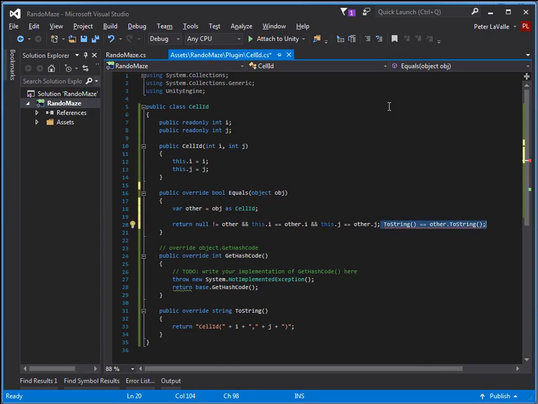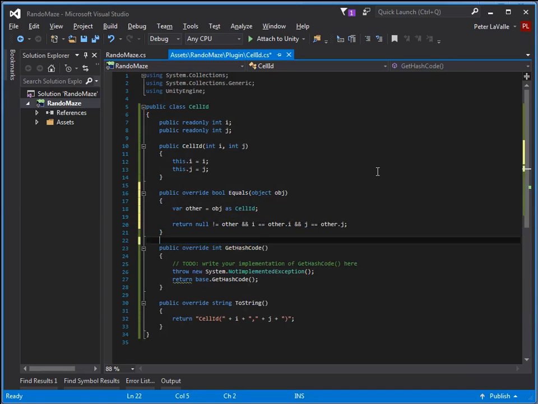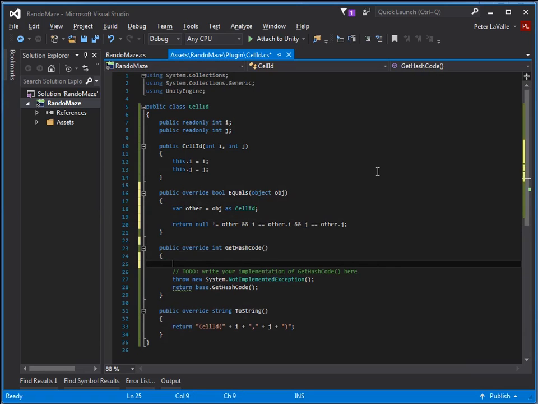And Visual Studio is reminding me that this is redundant here. So that's more compact and doesn't create the string when doing the equals. But we're going to create the string when getting the hash code. Now, it wouldn't be too complicated to write some sort of hashing function and generate our own unique hash codes for the cell ID. Maybe take the class hash and then exclusive OR it with I, and then shift that around, and then exclusive OR it with J, and then shift that around, or something. I mean, we could just exclusive OR the three of them together, and that would technically be a hash code,